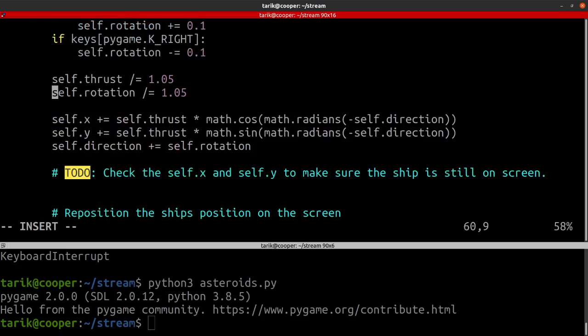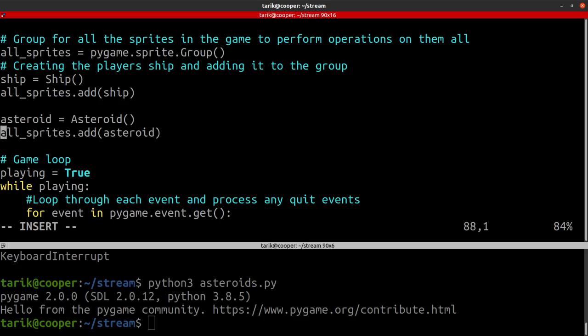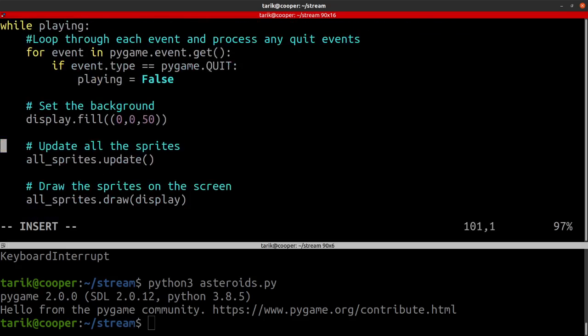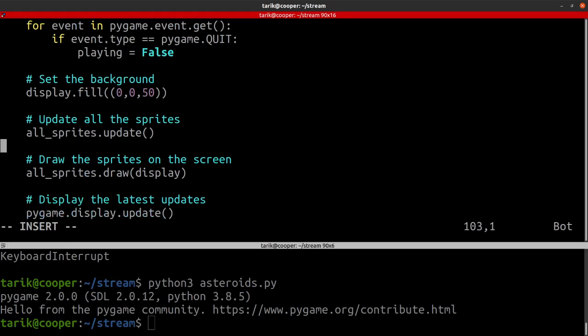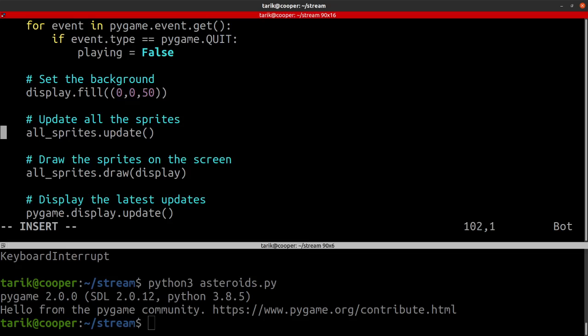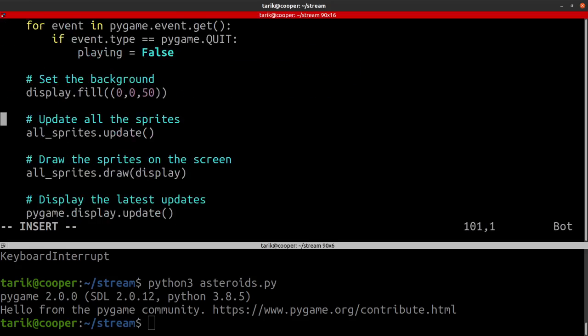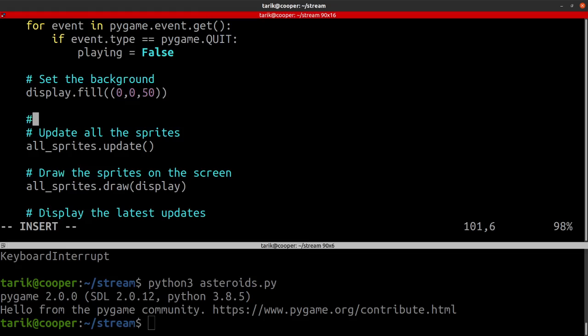Now the next stage is a bit more down here. Now we've created an asteroid and we've put it into the all sprites group. That means when we do allsprites.update and allsprites.draw, it handles the asteroids as well. Now what we want to do is to create an asteroid every however many seconds. And we can do that in here. So I'd recommend in there